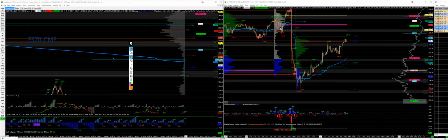Then continuation higher to the MCV pocket 404, right here, and then above that to 414 and previous day's high at 420. That was my scenario 1 yesterday,